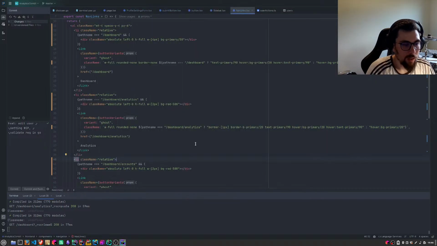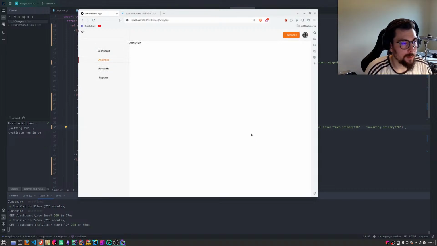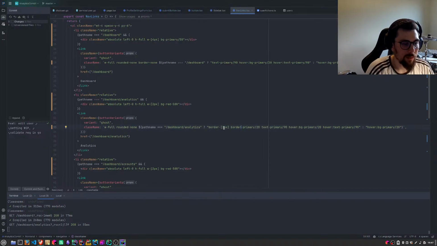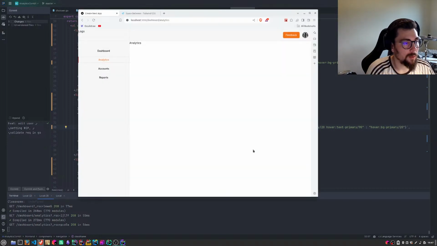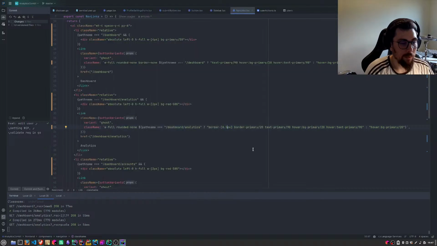Okay. Why is the border B? Ah, shit. Oof. I don't know if I like this. Definitely don't like this.